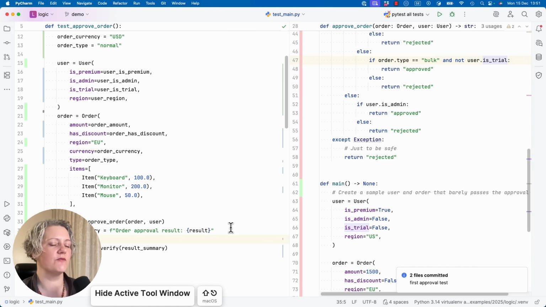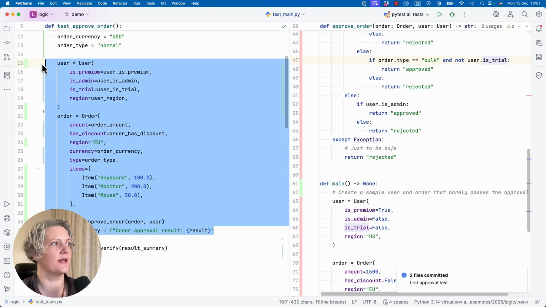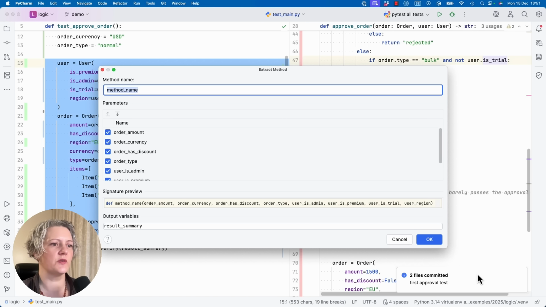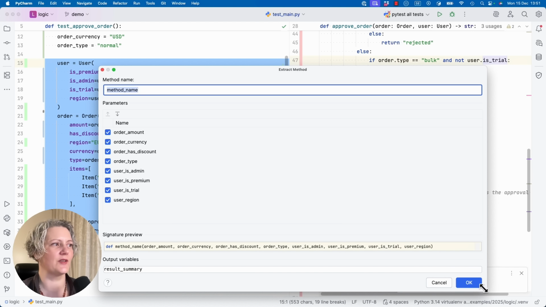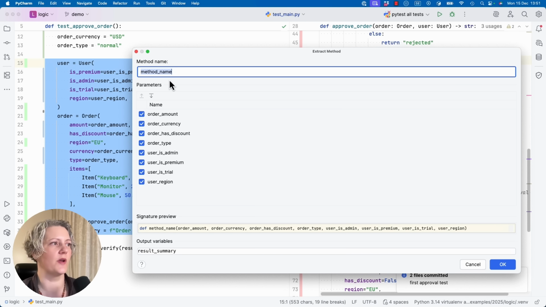But now I've rearranged the code sufficiently that I can extract this part as a function. When I use my tools to do that, you can see why I wanted to extract all of those variables. So all the arguments are the variables that I extracted just now, and actually the return value is going to be that result summary that I also extracted. This function needs a name, and I generally call this kind of function do and then the name of the function that it calls.